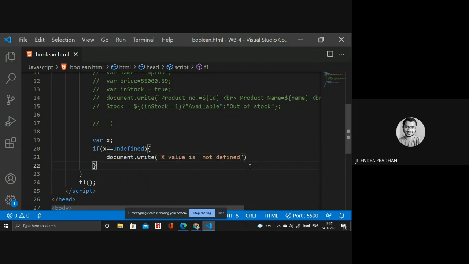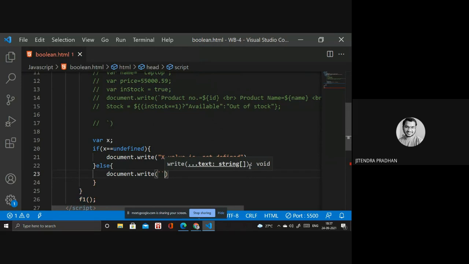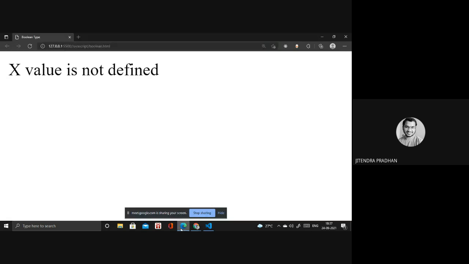Else, I want to print document.write x. I will write inside x equal x value. Okay. Now it's undefined. X is not defined. Have you observed that one?